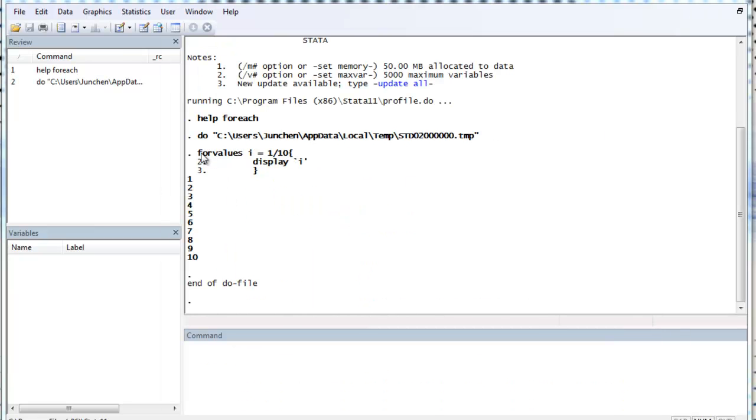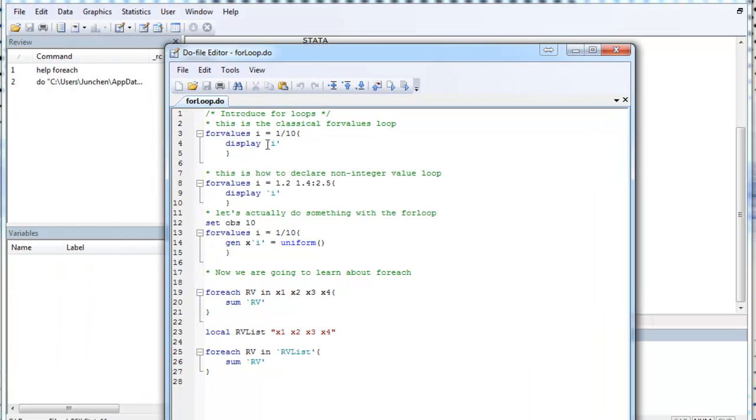So here I'm saying for values of i from 1 to 10, and by default the increment will be 1. I display the running variable. Specifically, I want to call attention that when you declare the running variable in the command part, it is not two quotation marks, but rather the left half is the tilde key, which should be located to the left of the 1 key at the top left of your keyboard. The right half is your normal